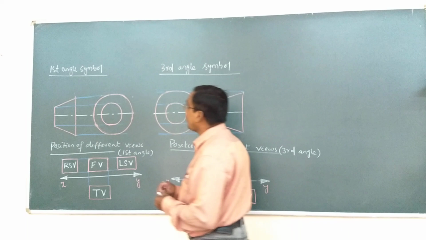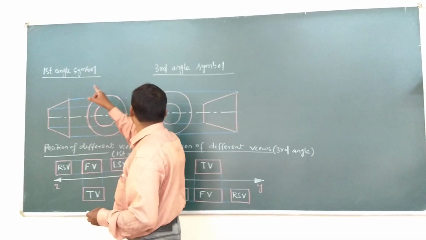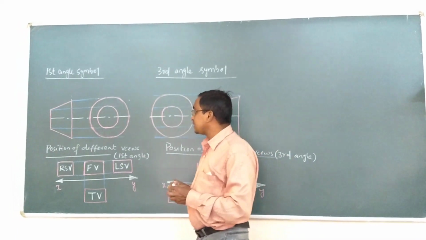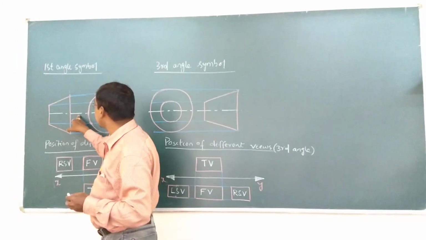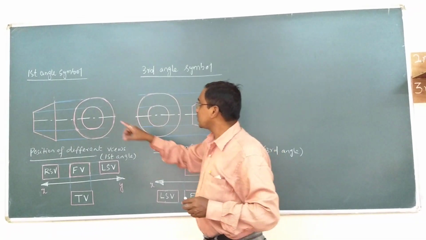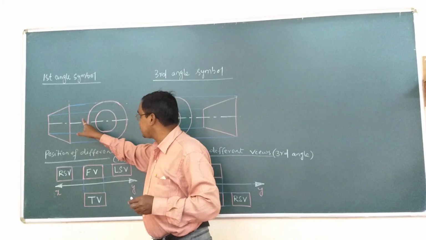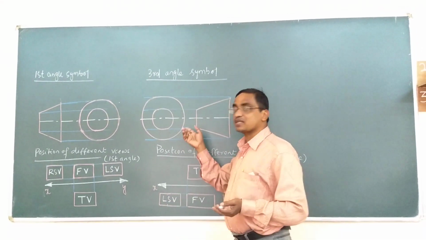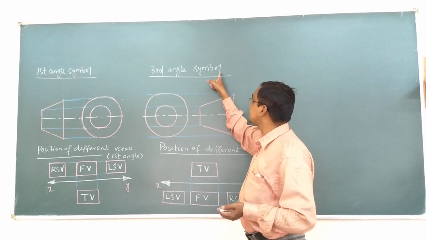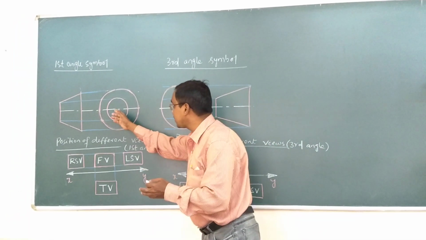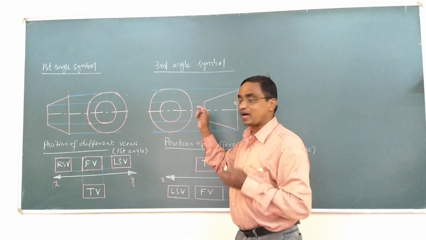We will discuss now the first angle symbol and third angle symbol, just to compare the two symbols. In our drawing sheet, already I told you, use the first angle symbol, because all Asian countries follow the first angle projection, so they use the first angle symbol. Except Asian countries, the rest of the world uses the third angle symbol in their drawing sheet. So what is the basic difference between the first angle and third angle, just to mark?